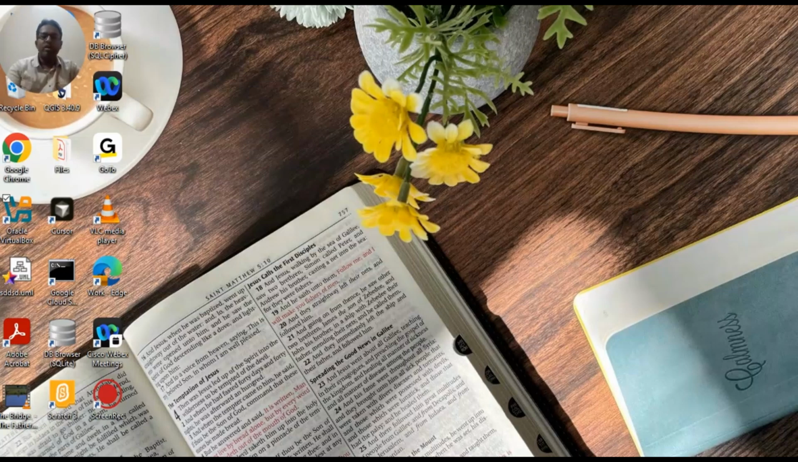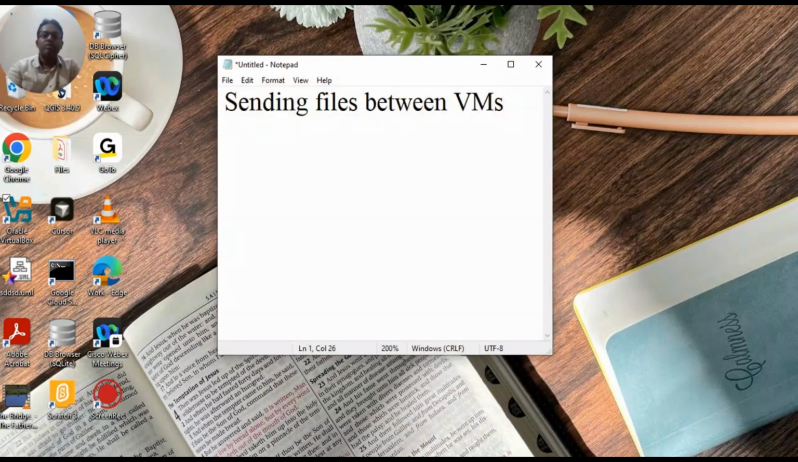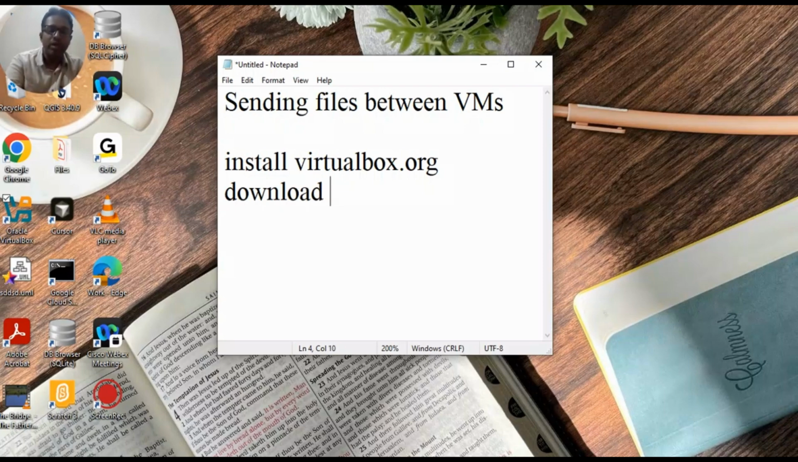Hi everyone. In this video, I'm trying to teach you how to send files between two virtual machines which are created by using VirtualBox. First, we have to install VirtualBox. Okay, this is the video to send files between virtual machines. So first, what we have to do, we have to install VirtualBox, and you can find that at virtualbox.org, and then you have to download and install